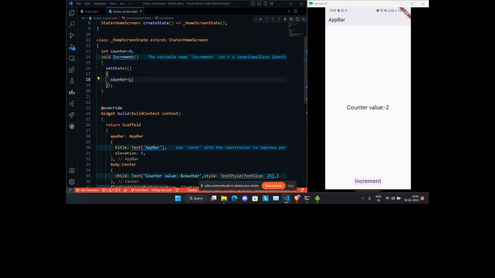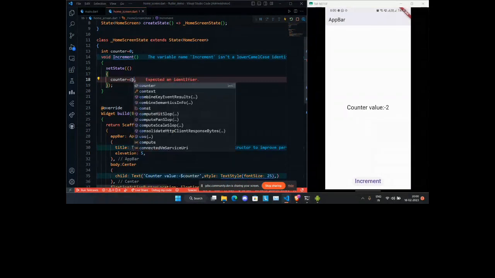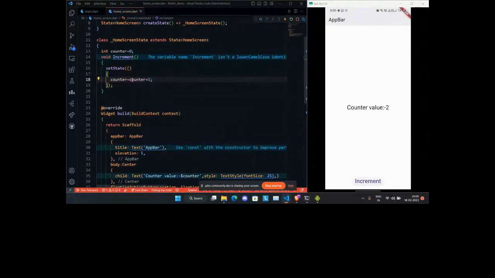If anyone is having any problem with this, counter is equal to counter plus one, which is basically the same syntax as earlier. So this set state function set the state of this counter variable from 0 to 1, and when I call this function again, it set the state of the counter variable from 1 to 2. If I press this button again, it's going to do the same.